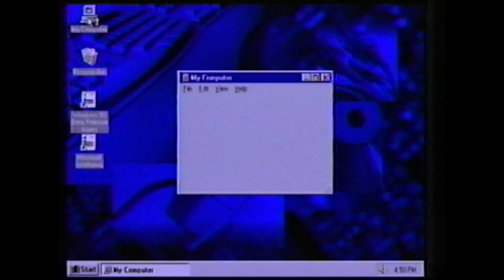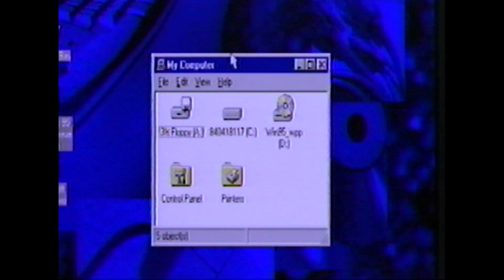Now I know you're all wondering what this My Computer is up here. Well, let's find out what it is. To start it up, all you have to do is double click on it, and that brings it up. Now this is the My Computer window here, and all My Computer does is act just like the Windows Explorer,